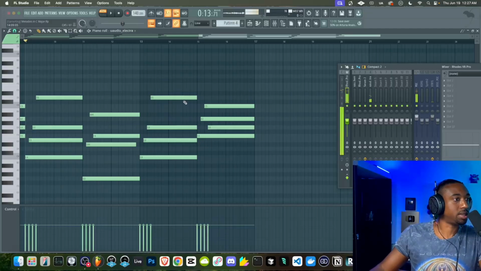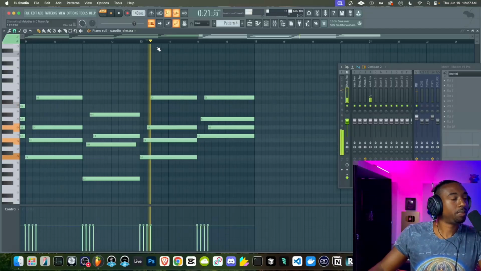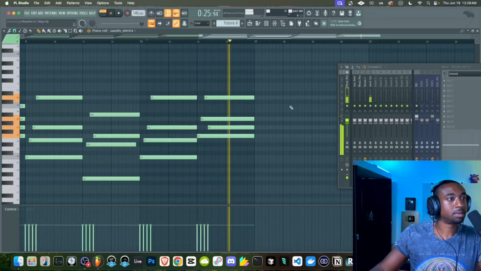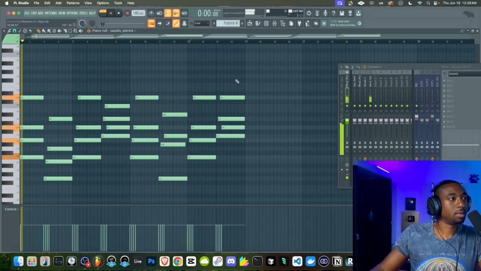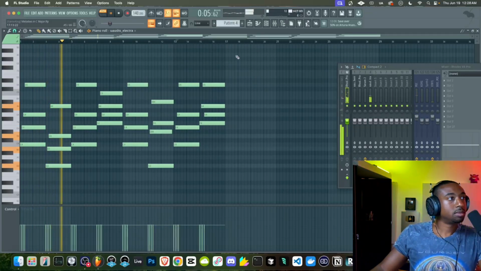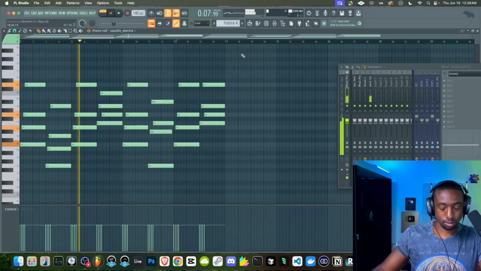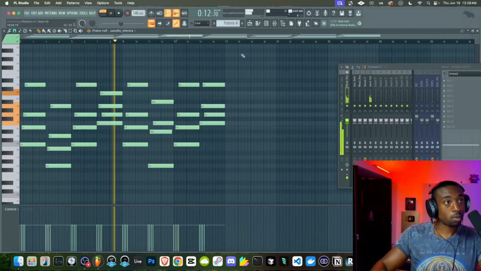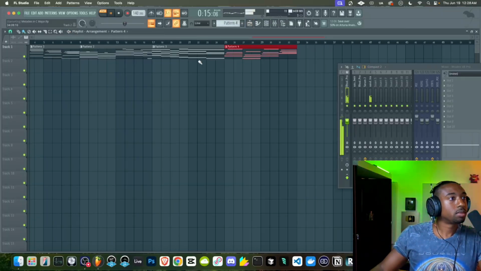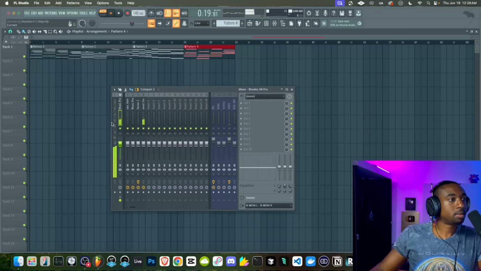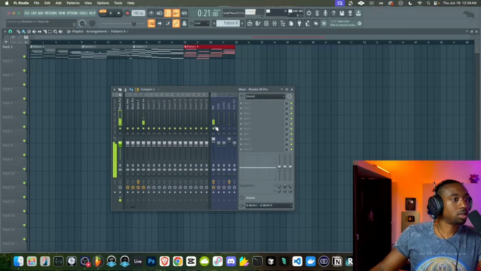Now here, let's figure out a way to add the note D. Okay, so now we have a dreamy vibe here. So far we have 4 melodies. Let's hear these all back to back.